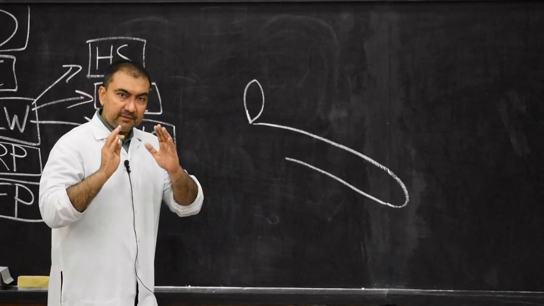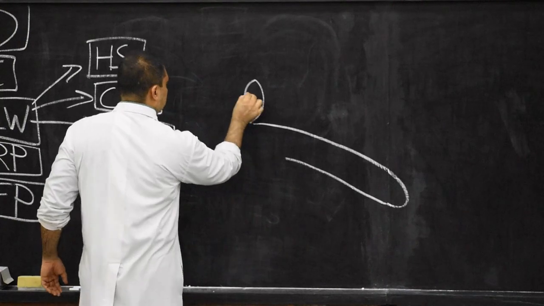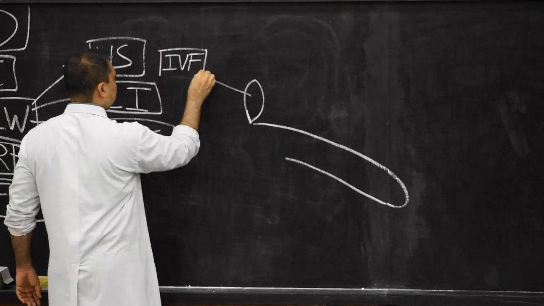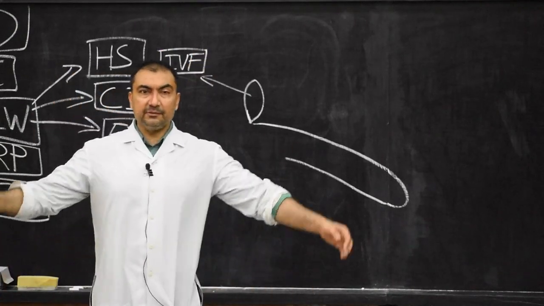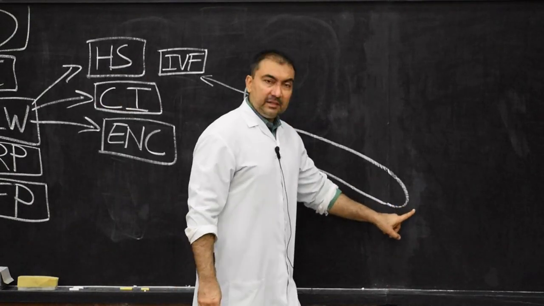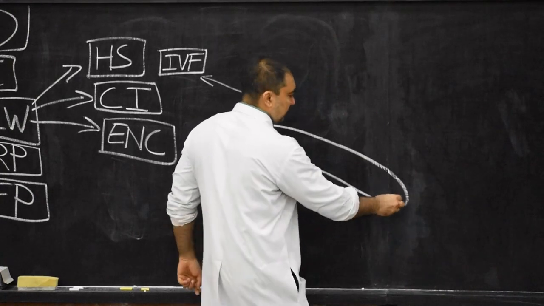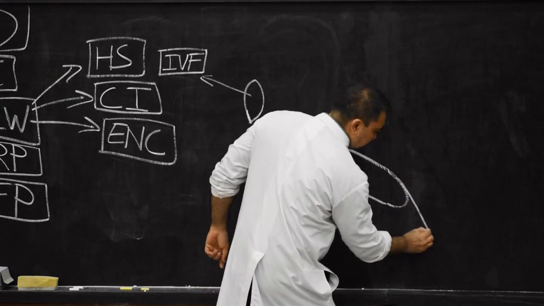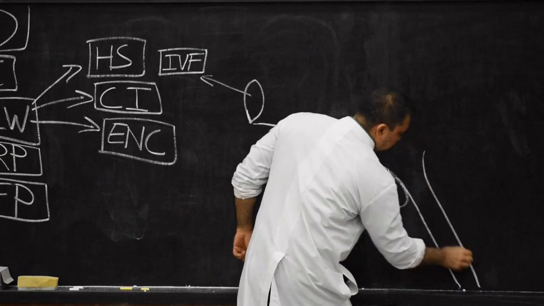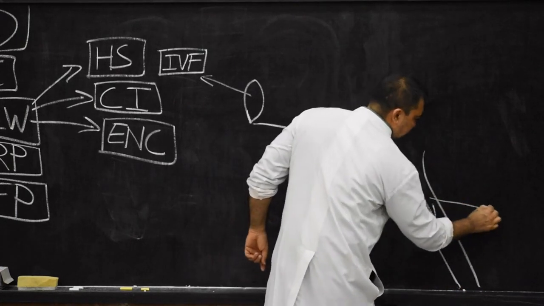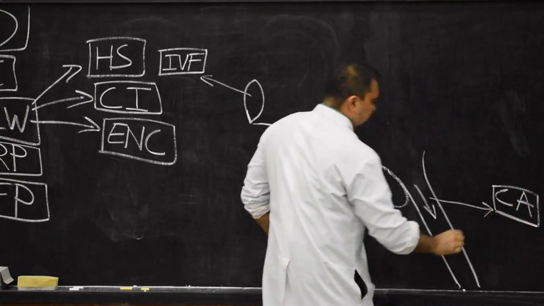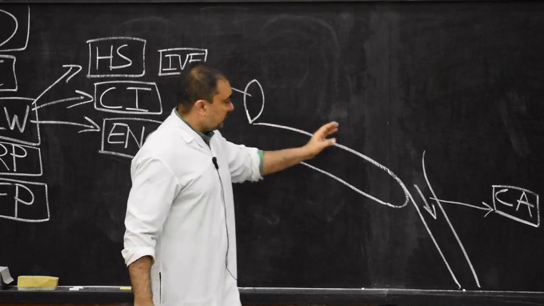Please draw alongside with me, very simple. Here, I will give this name as interventricular foramen. Remember this interventricular foramen, the communication between the cavities of the lateral ventricles and the third ventricle. Now, it is extending till the cerebral aqueduct. So here, we have to show the communication of the cerebral aqueduct. This channel will be the cerebral aqueduct. So here I will name this as cerebral aqueduct. So it is extending from the interventricular foramen anteriorly to the cerebral aqueduct.